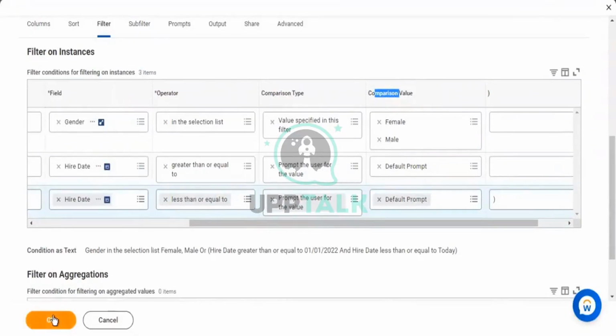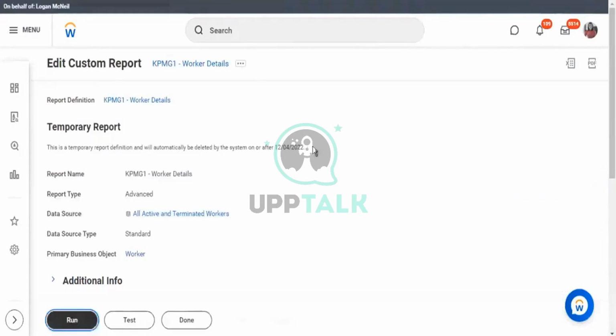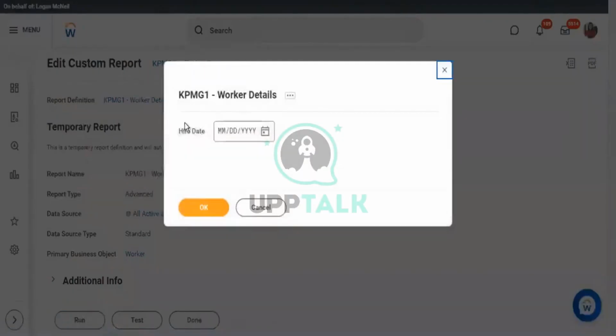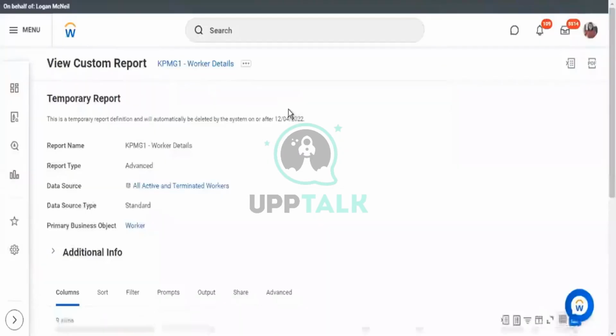Now the problem with that is, let me run this report. What I'm expecting is the user should be prompted for a date range, but the user only gets one date. Whenever you're prompting a field to the user more than once, you just have to ensure